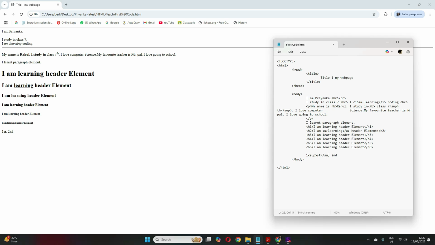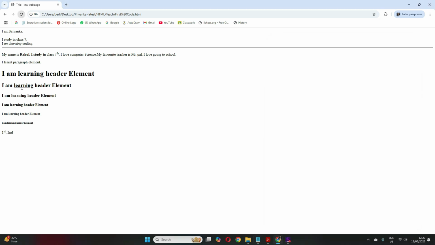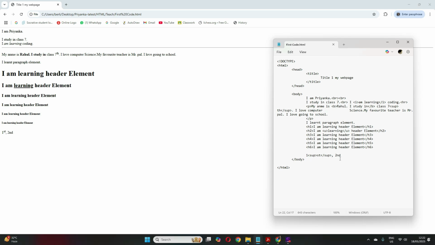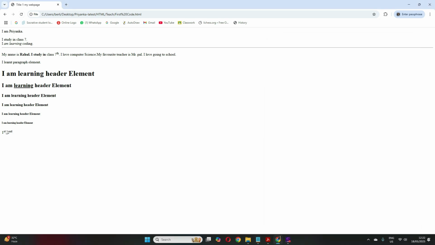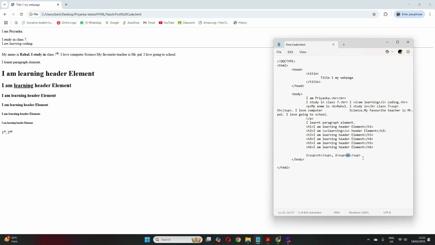And then closing tag, very important, it's a container element. Now let me save it. Now see, rerun, see first has come in superscript. Similarly, you can do with second also, ND. So whatever you want, that needs to be within that tag element. Okay, now see, ND only I want, so ND I put in sup. Now let me rerun, see. Clear? Now this is superscript.